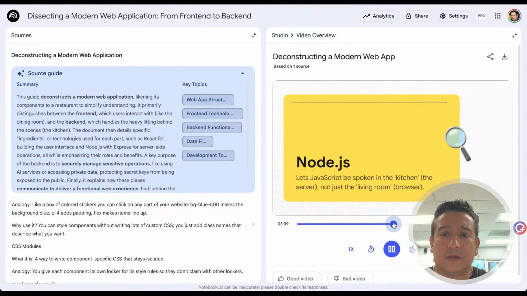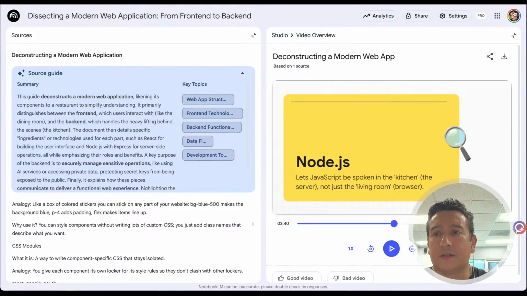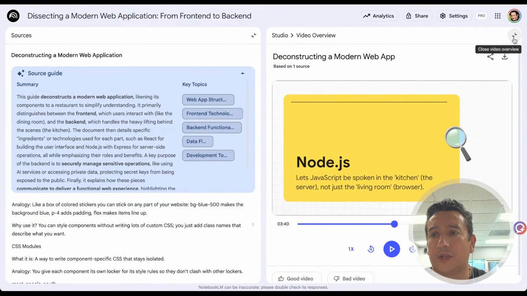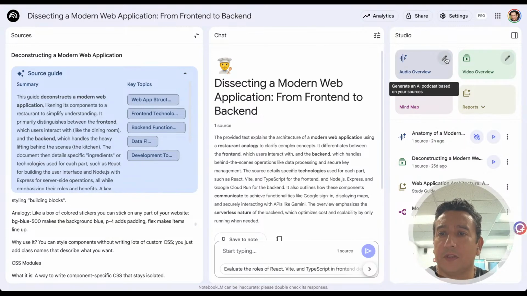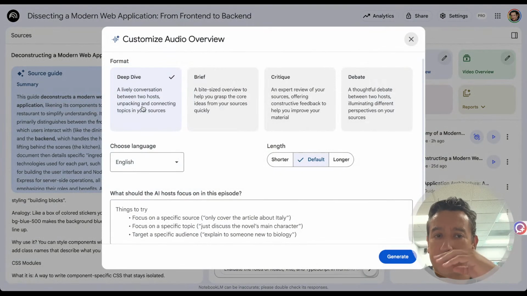All right, so that's pretty cool. I'm trying to learn coding and all that, so this is really helpful. But now there's a new thing, right? So now the audio overviews, you can choose. Before it was just a podcast and you had no control. Now you can choose from a deep dive, which is I think what it used to be, right? A deep dive. You can have a bite-sized overview,